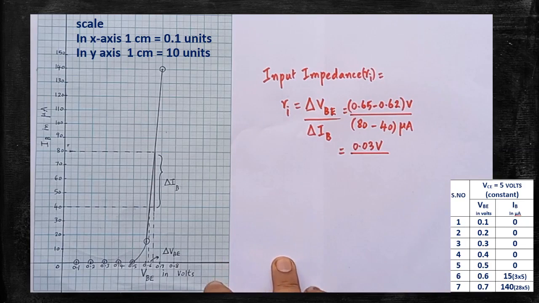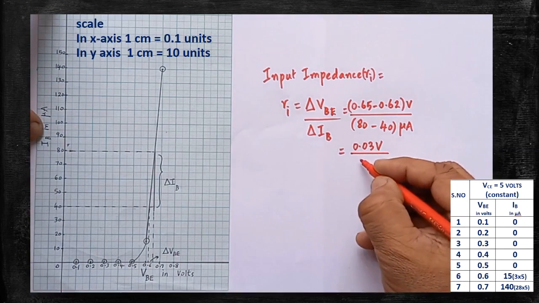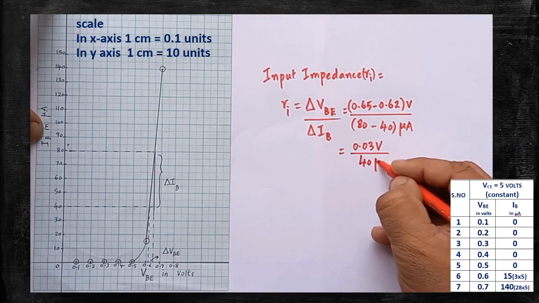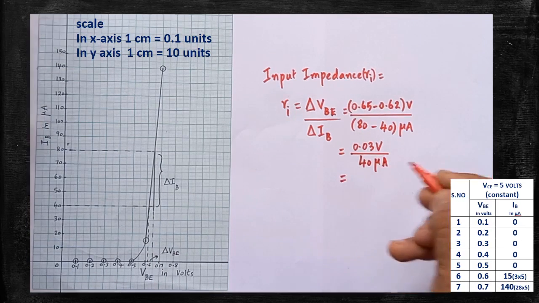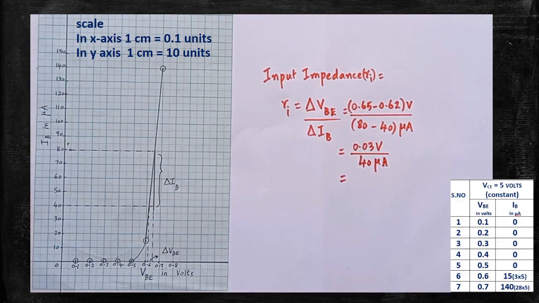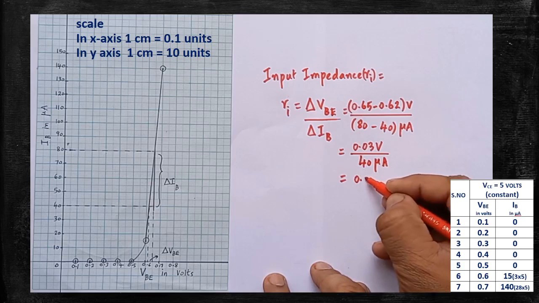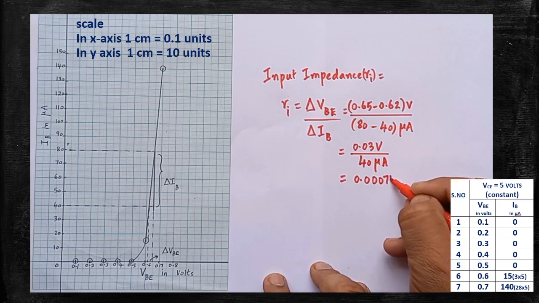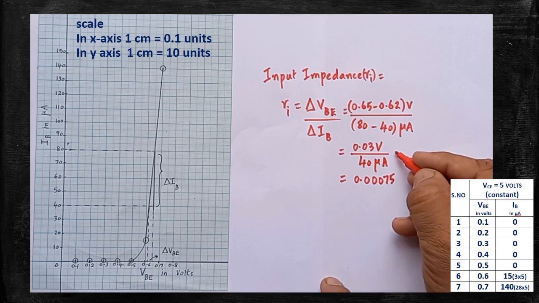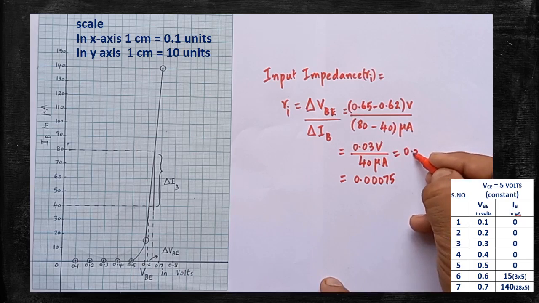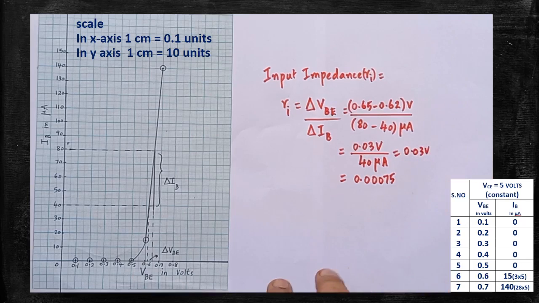Subtract, you will get 40 microampere. Okay. Now calculate 0.03 divided by 40. The answer will be 0.00075. Here it is given in terms of microampere. Okay. So I'll extend the value: 0.03 volt whole divided